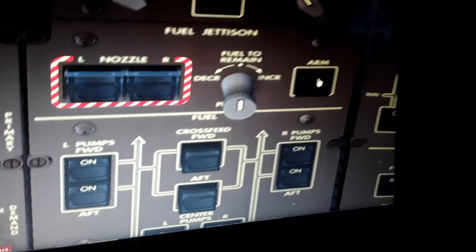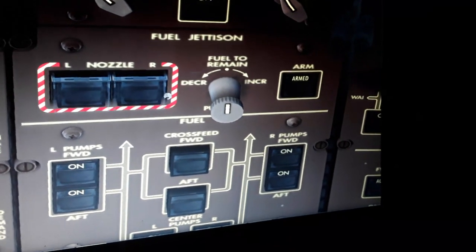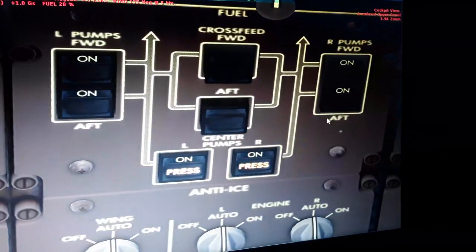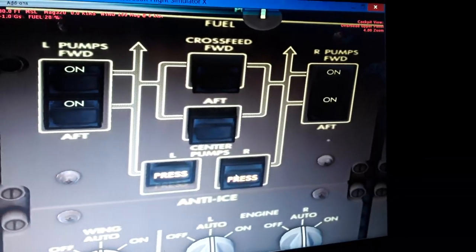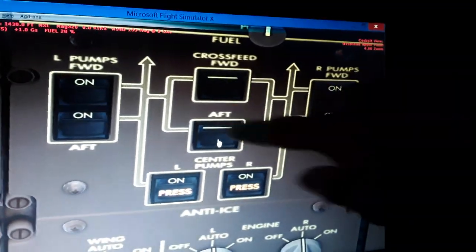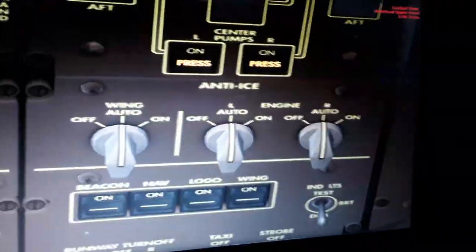We can dump some fuel to lower the weight of the aircraft if we need to make an emergency landing, or if we are overweight. The left and right wing tank, the center tank is empty. You can see the fuel booster pumps, the forward and the aft, and the crossfeed valves between the left and right wing, the wing and engine, the ADI system,